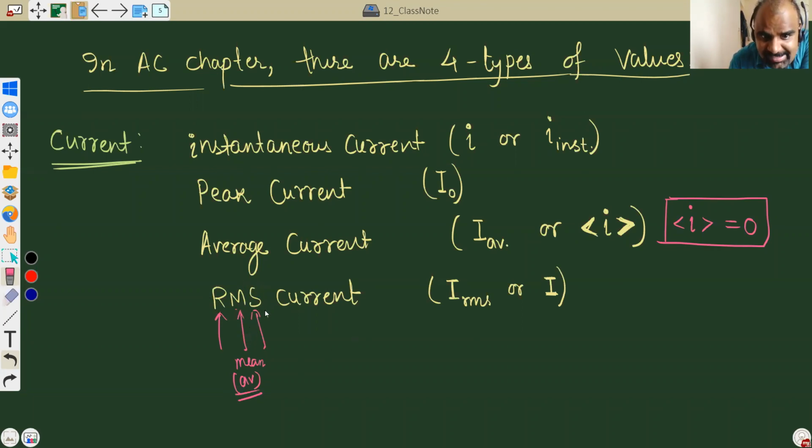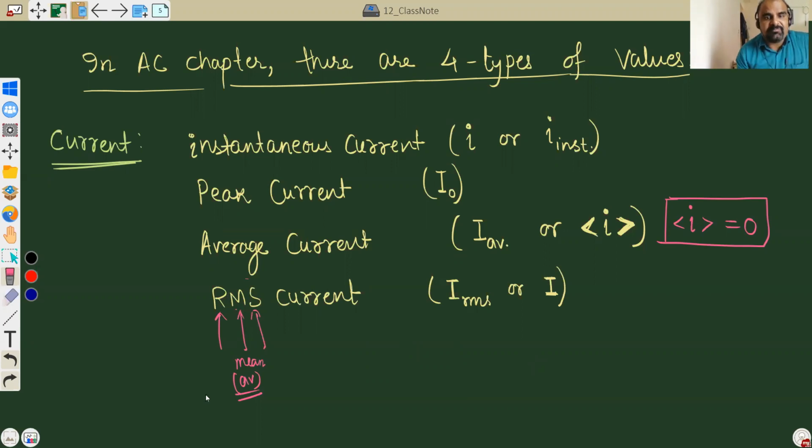So to find the RMS value, what do we do? We first square it, and then we find the average, and then again we find the square root. Why do we do that? Because when you square the quantity, even the negative quantity will become positive. Like the square of -2, we all know it is 4. So even if current was negative, when you square it, it will become positive. And when it becomes positive, and after that you find the average, it will not turn out to be zero.